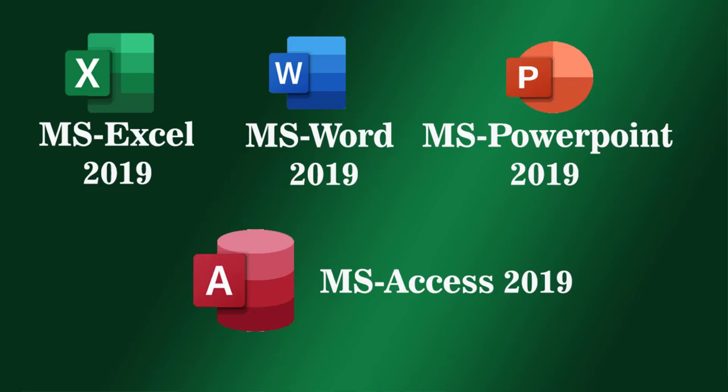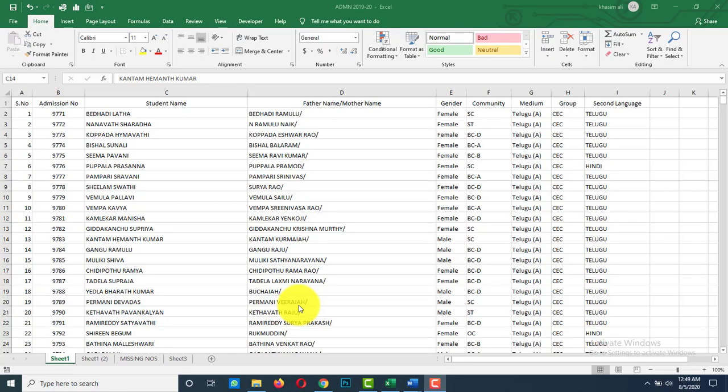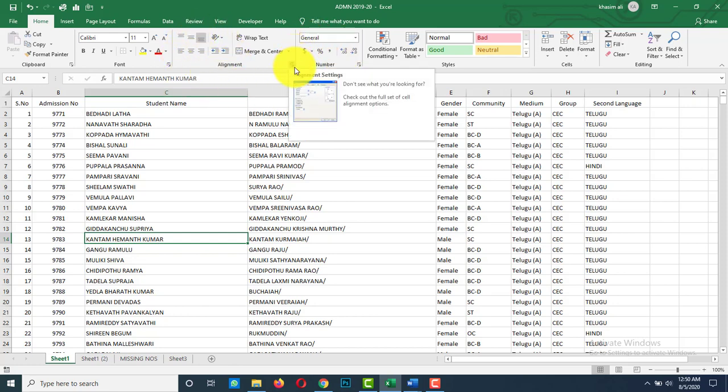In this video, we are going to learn how to format a worksheet. There are many types of formatting that can be applied to a Microsoft Excel worksheet. The most commonly used formatting commands show up on the Home tab in three groups, that is font group, alignment group and number group. The font group commands change the appearance of the text, whereas the alignment commands change the position of the text, and the number group commands change the format of numbers and dates within a cell.